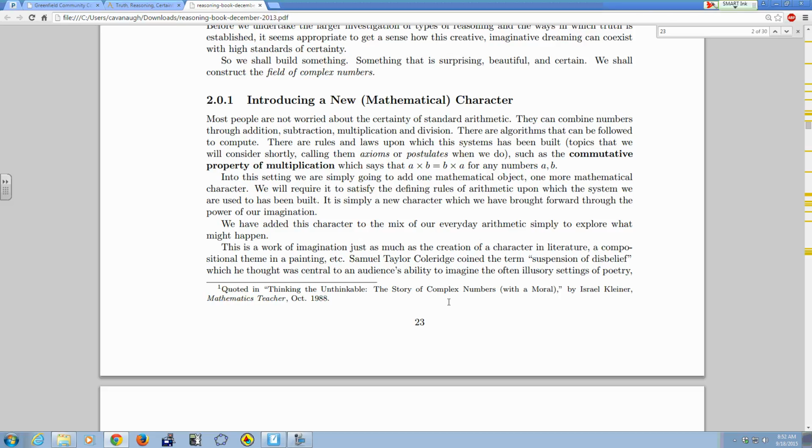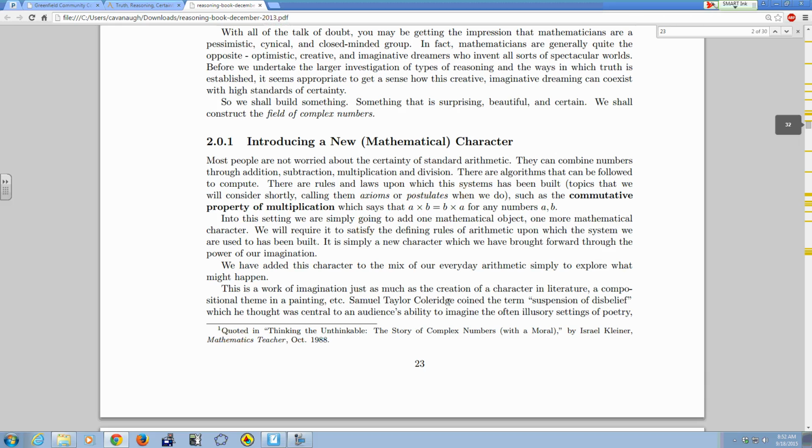We have added this character to the mix of our everyday arithmetic simply to explore what might happen, the character being the square root of -1. This is a work of imagination, just as the creation of a character in literature, a compositional theme in a